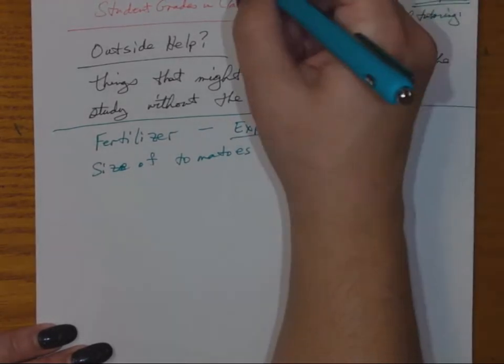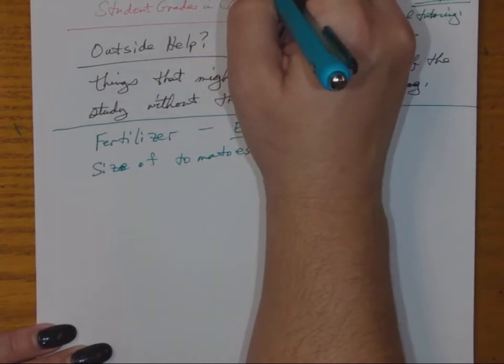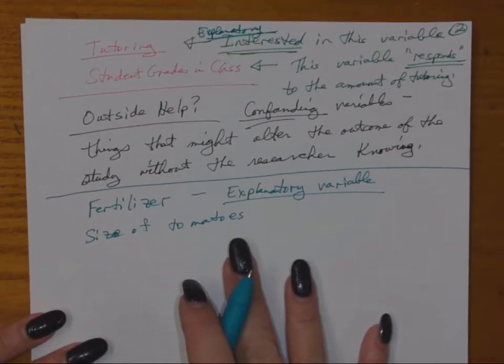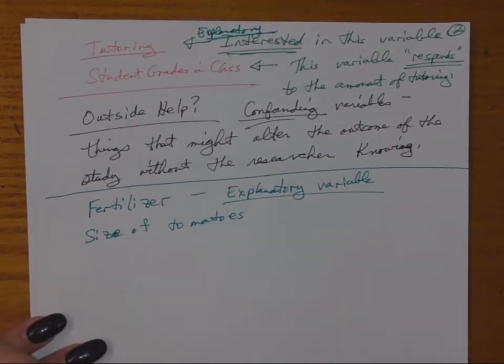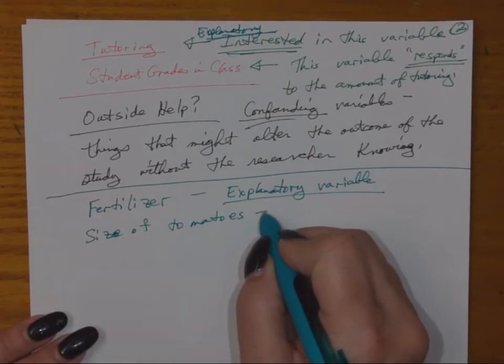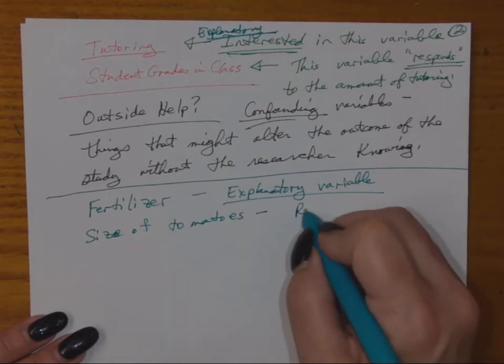Actually, I think I should put explanatory up here for this one too. Explanatory. Tutoring is explanatory. Okay. So it could explain whether or not that tomato, if I have fertilizer, that could explain whether or not that tomato is bigger than the other tomatoes that I harvested, right? Okay, whereas the size of the tomatoes, that's the result, okay? That's the response